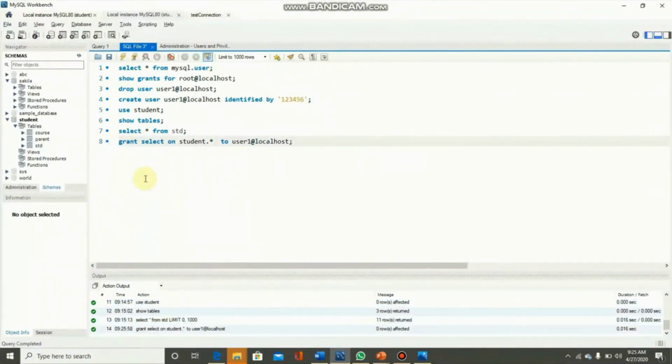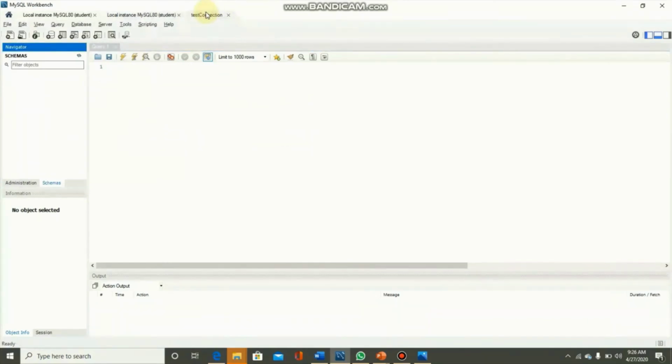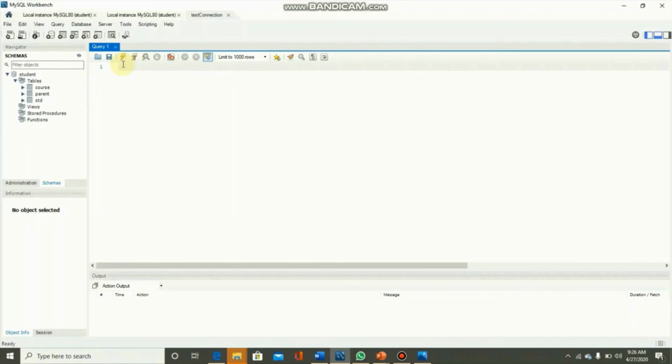This query has been executed. Now if we go back to user 1, we will be able to see the student database. It is present here. All the tables are present in student. Now let's execute the select query.